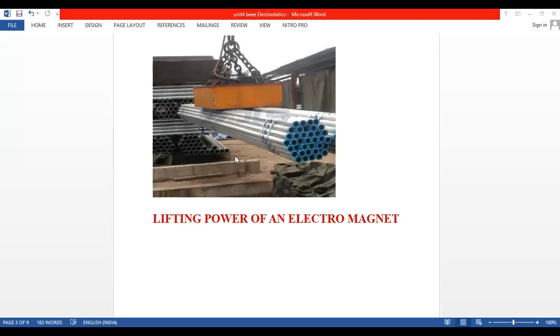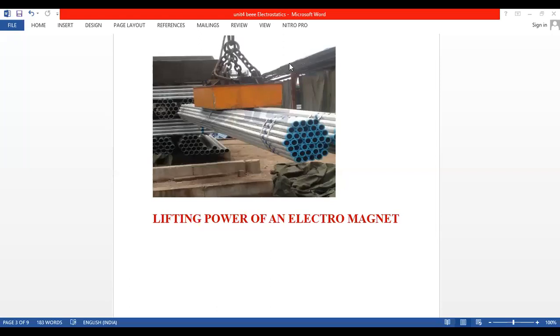Now, I hope all students have understood this figure. Any question, anyone? Why are we showing this image? Lifting power of an electromagnet. This is an electromagnet which is used to pick up huge machines with the creation of magnetic energy. So as engineers, we are supposed to explain with derivation. When you are placed in any company, you should create an electromagnet which picks up a different variety of objects. So the engineering equations we are going to discuss now.